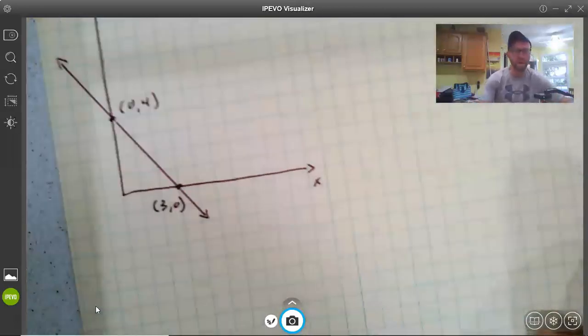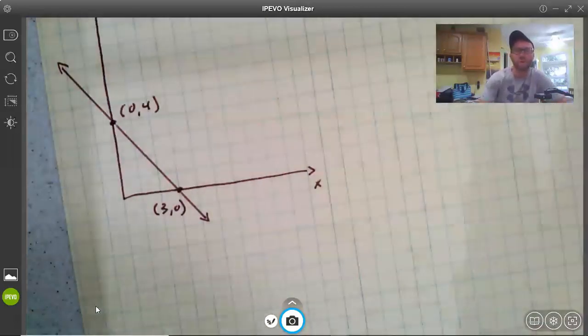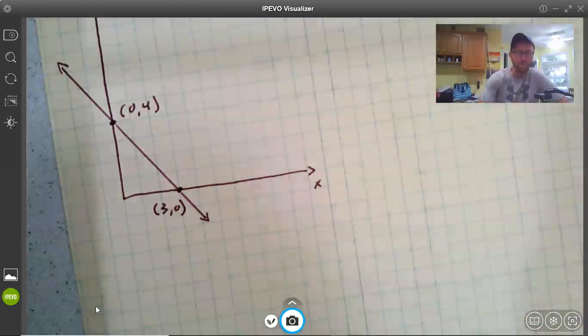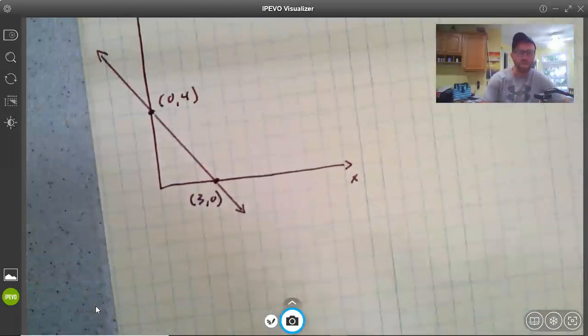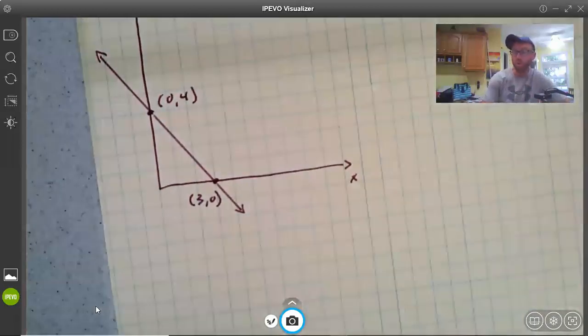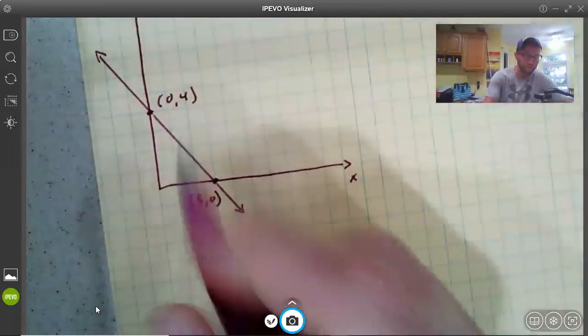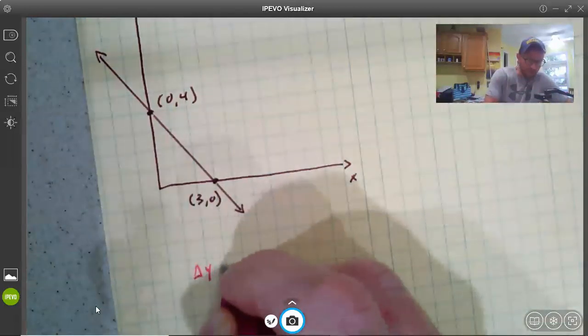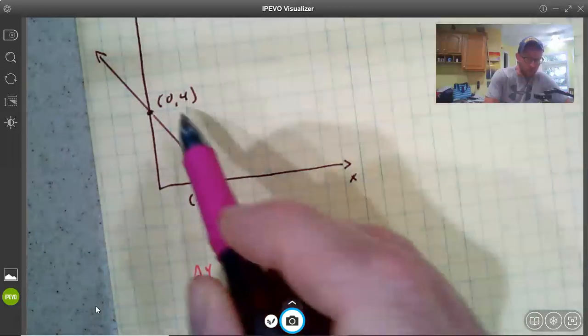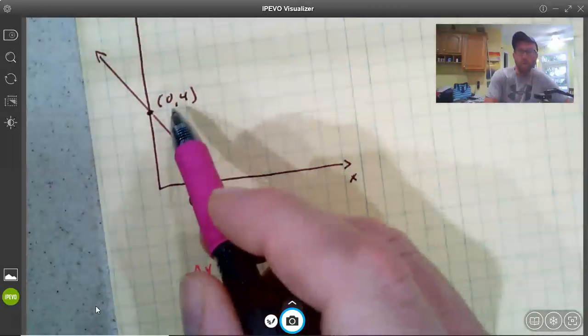All right. Here we're going to write the equation of a line just from its intercepts, its x and y intercepts. And I'll show you two different ways to do this. One, I could use point-slope form to do it. So the slope here, our change in y, is going to be, so I know the two